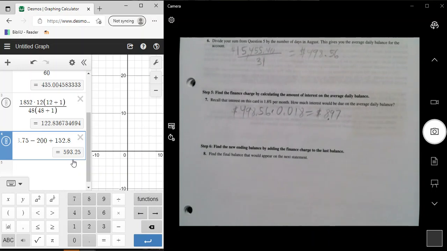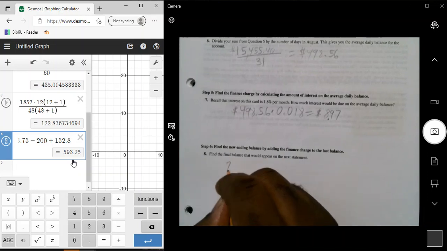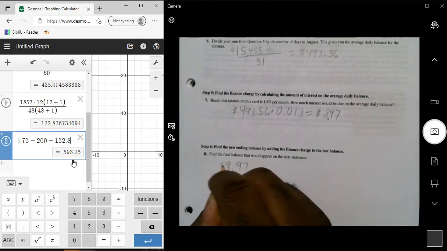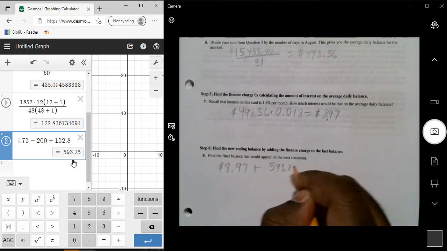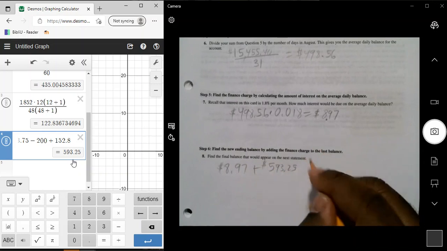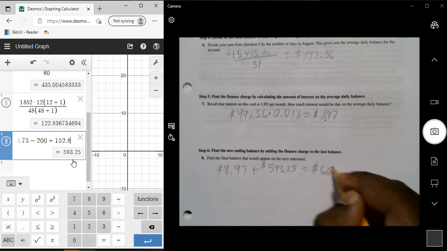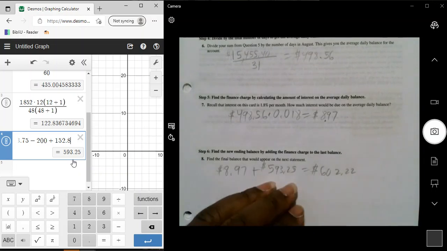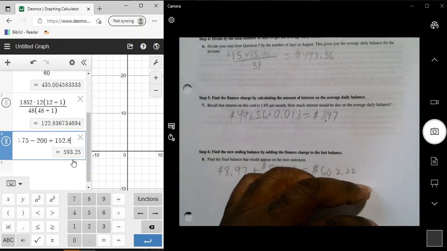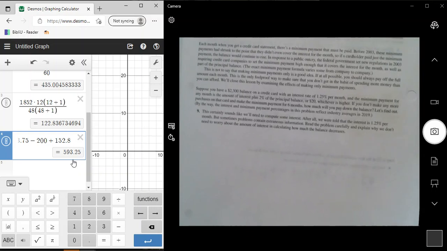Now, step 6, it says find the new ending balance by adding the finance charge to the last balance. So we add $8.97 plus the $593.25. So the new balance would be $602.22. Okay, now